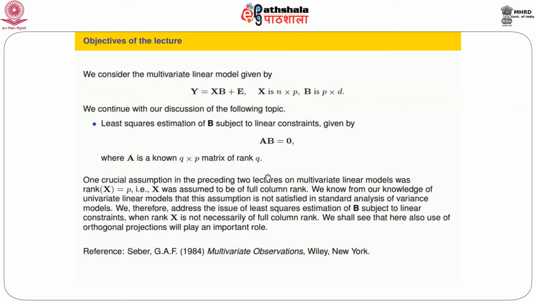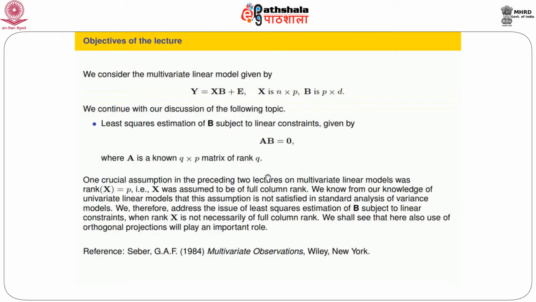When we have Y is equal to X beta plus epsilon, X is typically not a full column rank matrix. One-way ANOVA model, two-way ANOVA model, etc. There we see that this capital X matrix is not of full column rank. So therefore, the technical, algebraic calculation that we had earlier is no longer valid. So we have to have a suitable modification of our method. So that's what we plan to do now, without having to impose the condition that rank of X is p.